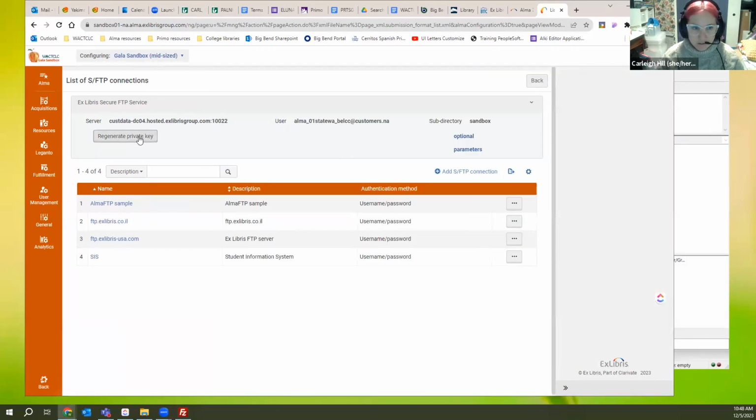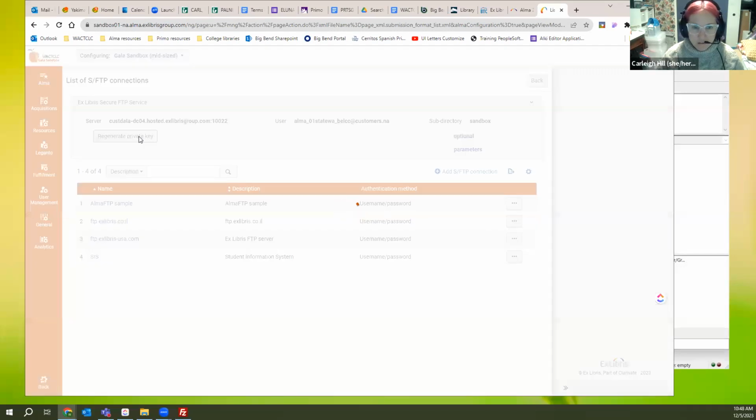And then we're gonna regenerate the private key because nobody has it. So don't ever click this button here, this regenerate private key, because that key is